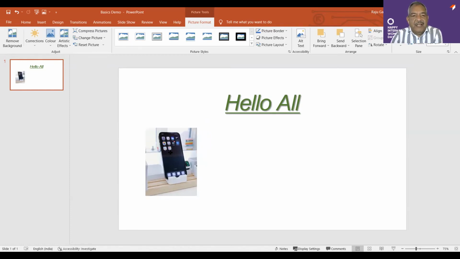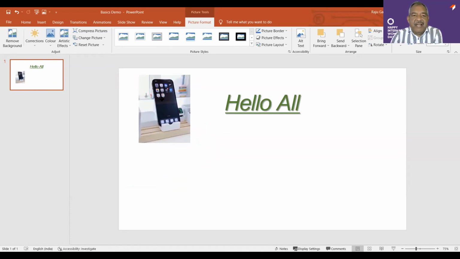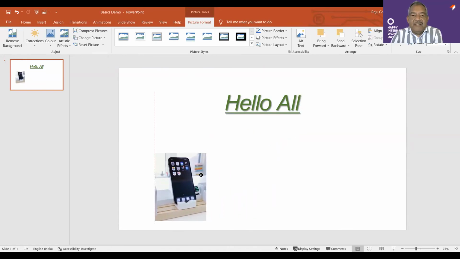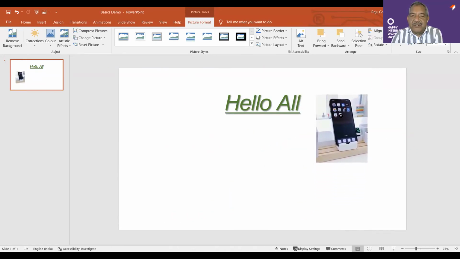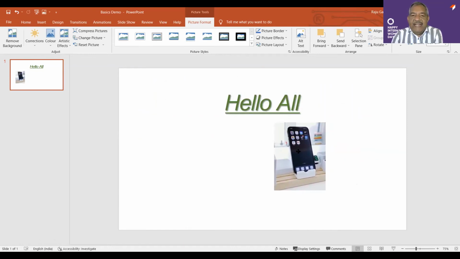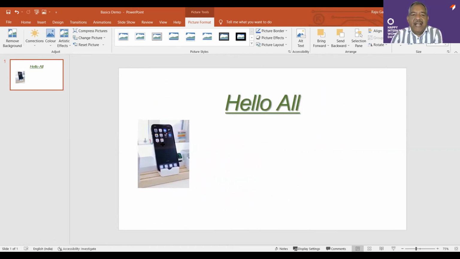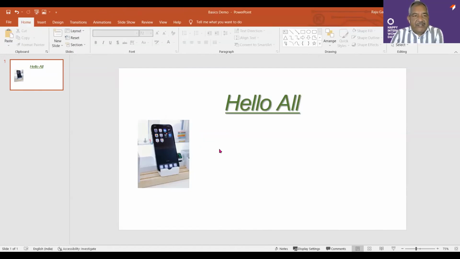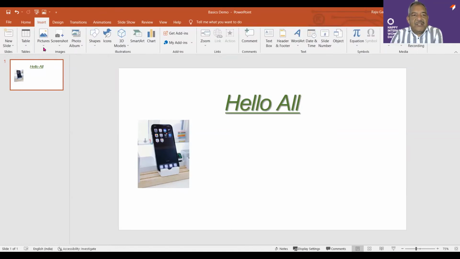After I press it, the arrow moves away, and this four-dimensional arrow comes. While keeping the left cursor clicked, we can move this picture anywhere on this slide, and wherever we leave the cursor, the picture will stay there. Okay. The second thing that we can do from the insert section is, within these pictures, there is an option